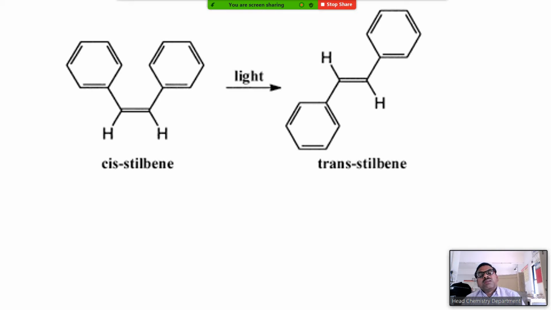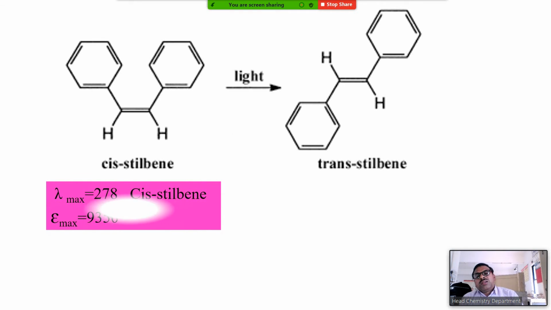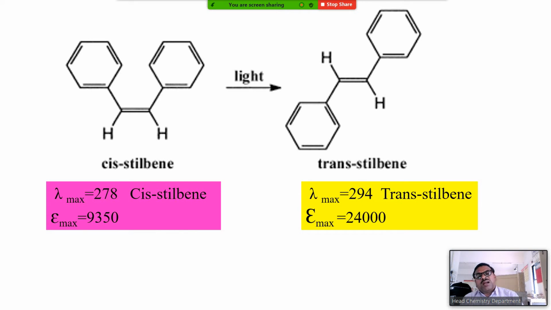Now you will have the question: which has the higher lambda max? If you look at the cis and trans isomers, you'll observe that trans isomers always have a higher lambda max. The reason is that in cis stilbene two bulky groups are coming closer. When they come closer, they waste their energy pulling away from each other, and therefore absorption is lower. But in the trans isomer, as the bulky groups are far away from each other, there is no steric hindrance, and therefore they have higher absorption and need lower energy.